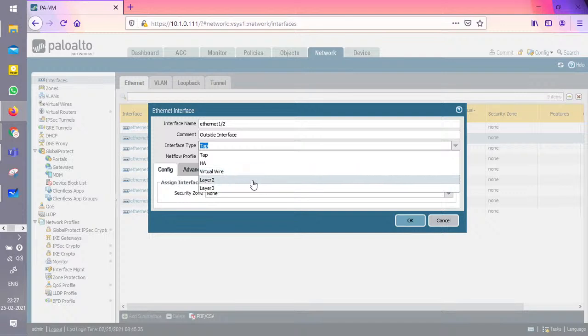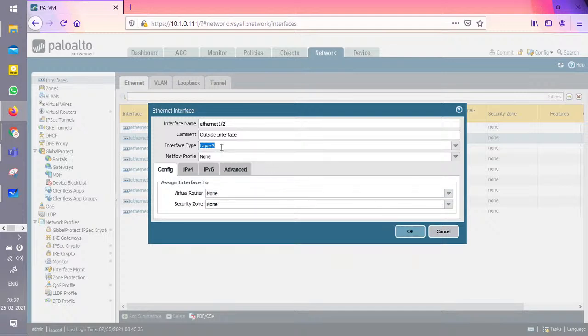We will talk about these types tomorrow. The tap mode, the HA mode, the virtual wire, layer 2 and layer 3. As of now, I am selecting layer 3. Right? Once you select layer 3, these options change automatically. Now, next you have to give a virtual router. As of now, I am choosing